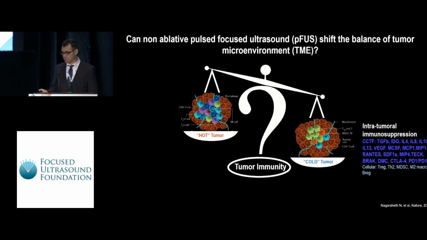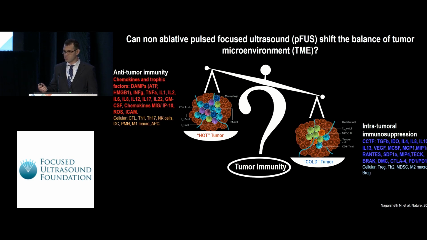On the other hand, there's a hot tumor microenvironment, which consists of chemokines and cytokines, such as IL-1, IL-2, or TNF-alpha, as well as damage-associated molecular proteins. These factors recruit immune cell populations, such as cytotoxic T cells or NK cells, to induce inflammation and an immunogenic response. Our question is, can pulsed